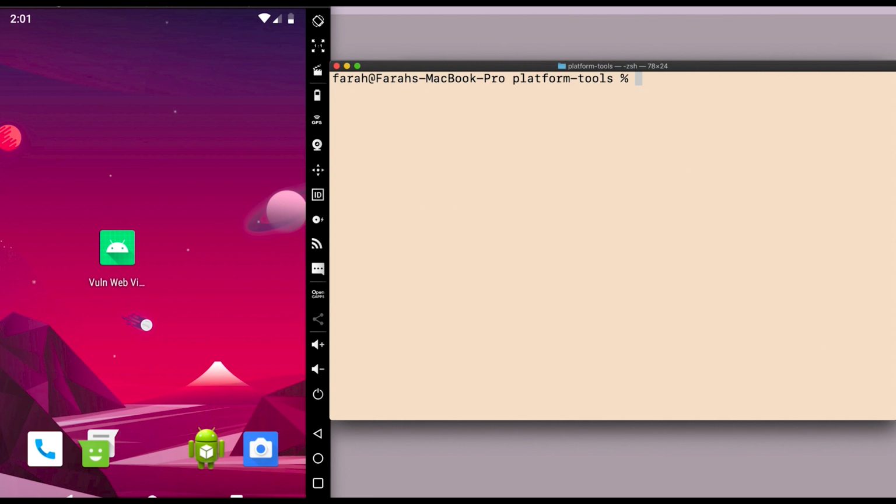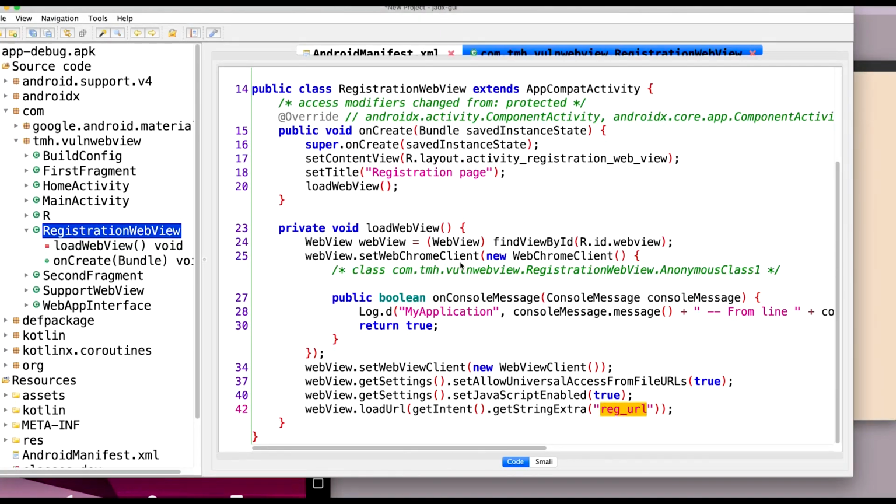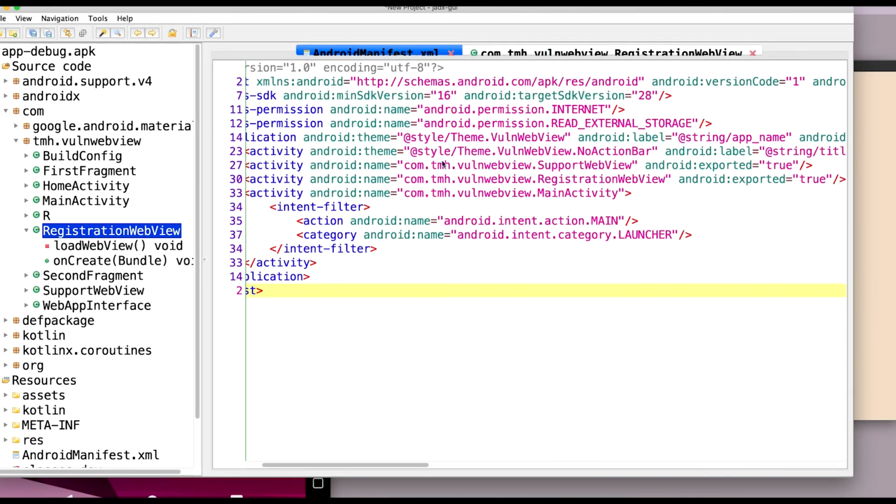So now we come to the main exploitation part, and here we are going to use ADB to send our intent. The intent will remain the same as the previous bug, but we are going to change our URL. So let me just copy all of the information that's needed and construct our intent.